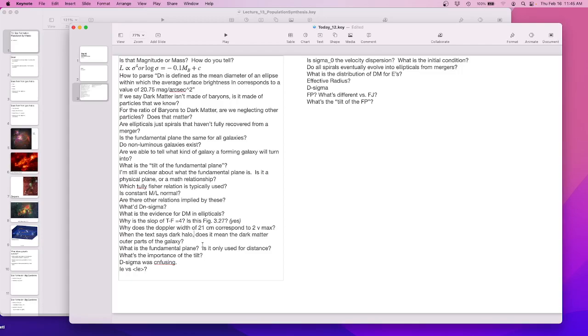What's the mass fundamental plane? I'll say it again. What's the importance of the tilt? I'll explain that. D sigma is confusing. Yes, I'll explain that again. These two things, IE and IE,